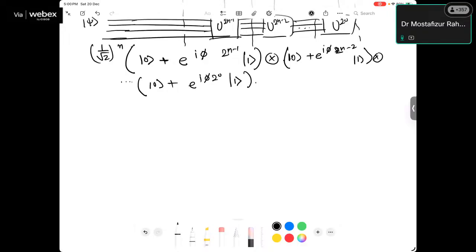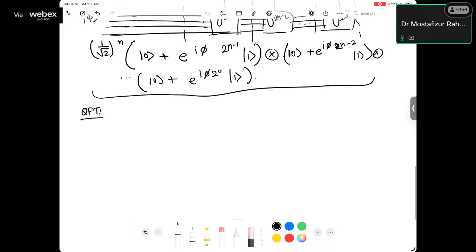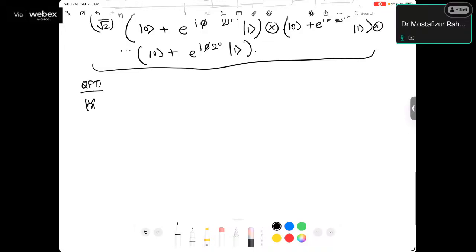If you look at this particular equation and compare it with the quantum Fourier transform, this x tilde in the quantum Fourier transform was 1 by square root n, |0> plus e to the power 2 pi i x by 2, |1>, dot dot dot. The last one was